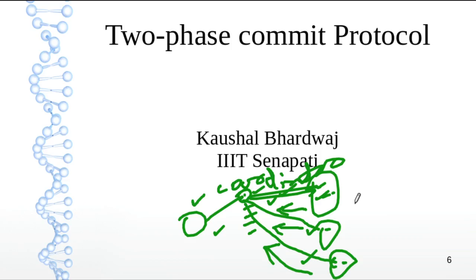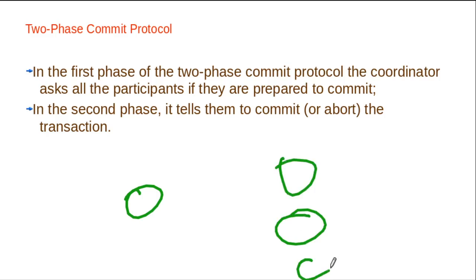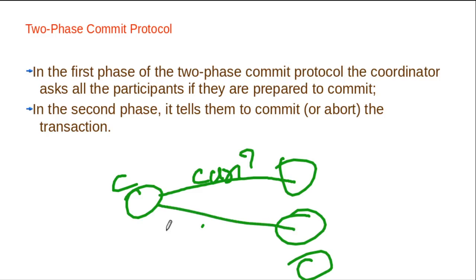Today we are going to see something about two-phase commit protocol, where actually what will happen, in the first phase there is a coordinator and there are other servers where the task is being performed. So in the first phase what will happen, the coordinator will ask the participant whether they can commit or not. So then what will happen, these will reply that yes, they can commit, or no, they cannot commit. Okay,